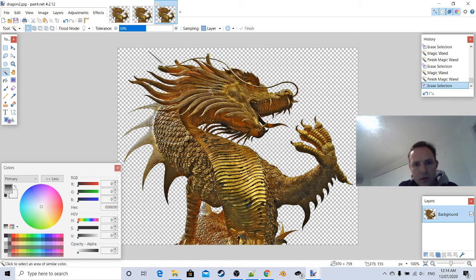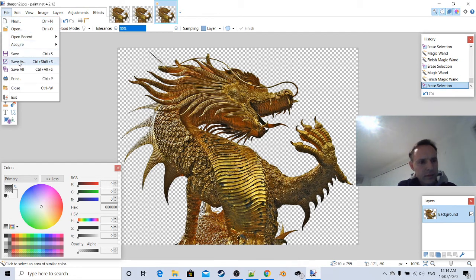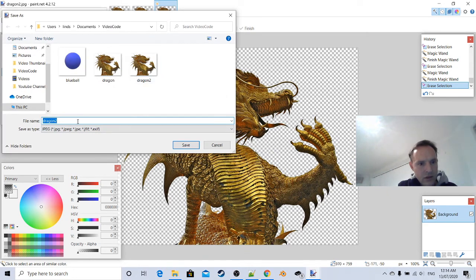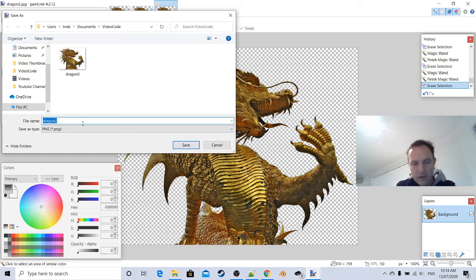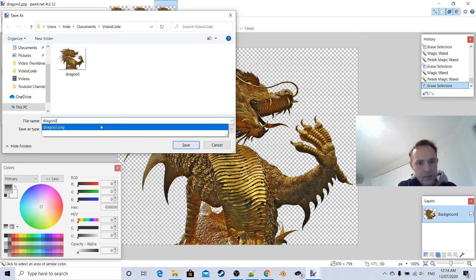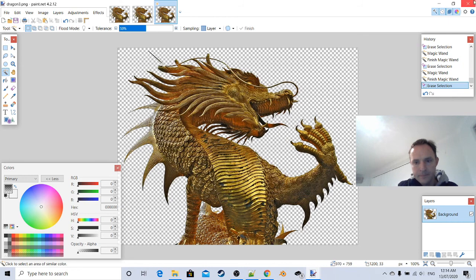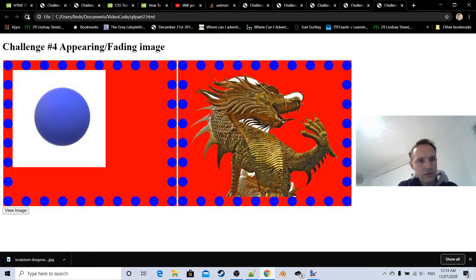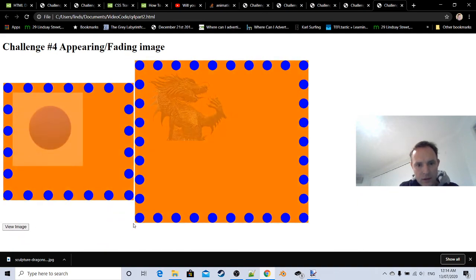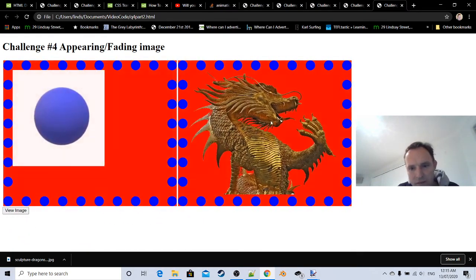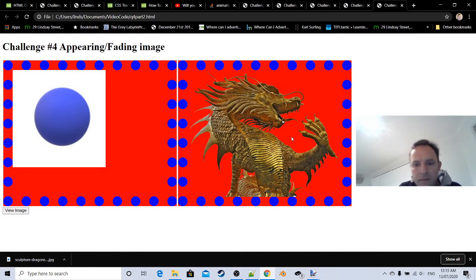Okay, so I'll save that over the top of Dragon 3. And I'll just replace that. Okay, so you can see how the white spaces have mostly gone. Yeah, and that looks a bit better. Could do the same thing for the circle. That circle,